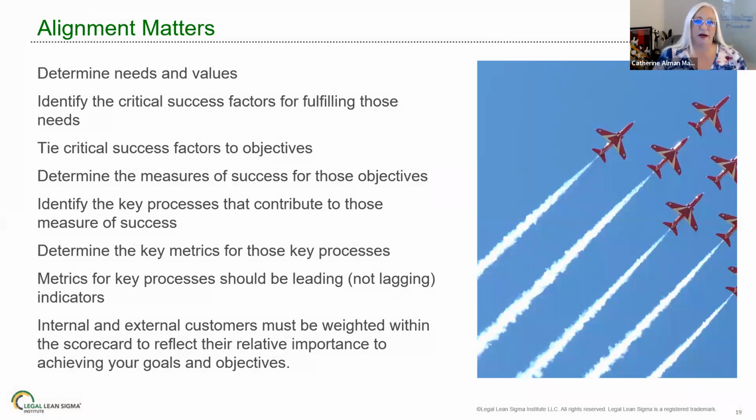Thinking about alignment, and I think Mo will really speak to this, about what he did at National Grid aligned with needs and values and critical success factors, tying those things into things that mattered, back into thinking about that whole P+ ecosystem. What are the metrics that we all agree to focus on, report on, keep an eye on, and make sure that we're paying attention to more of those leading indicators versus lagging indicators.